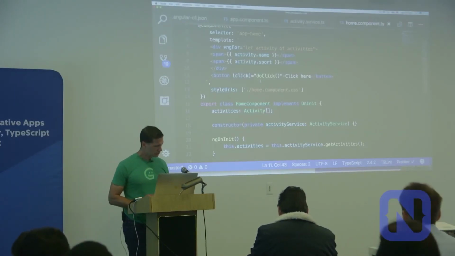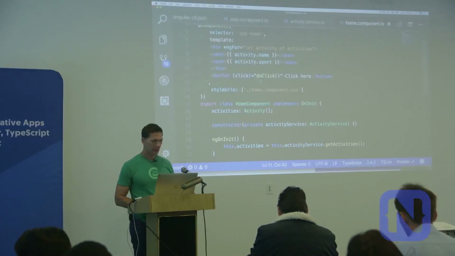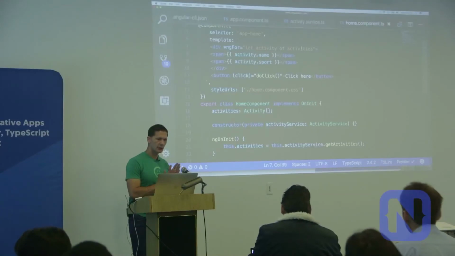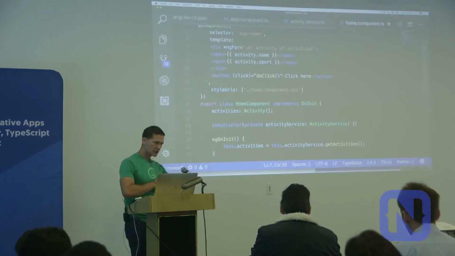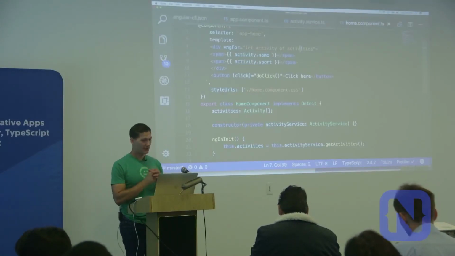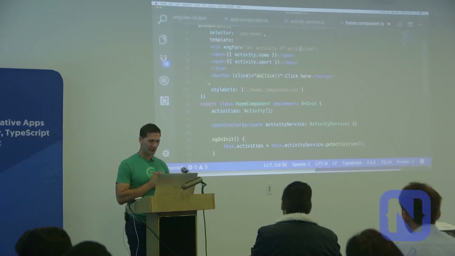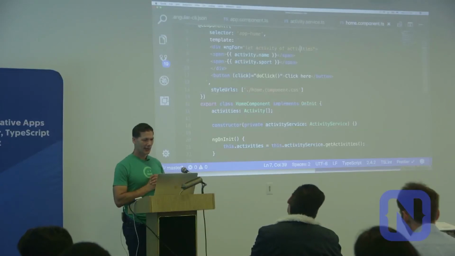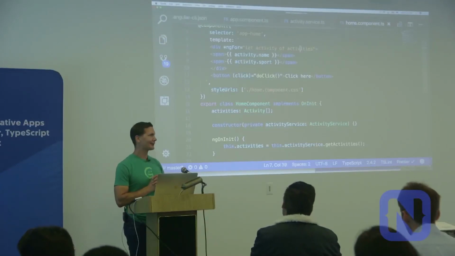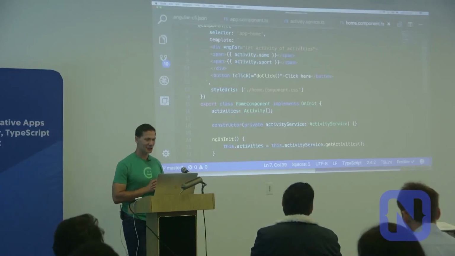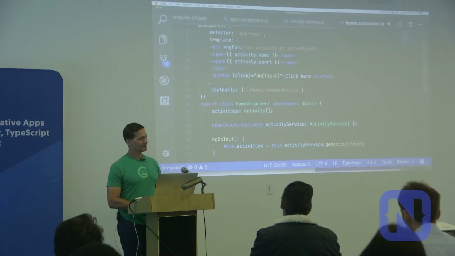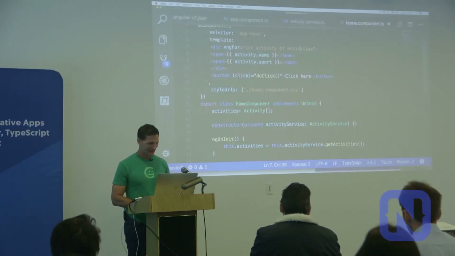I wanted to, yeah, I have time for this. I wanted to showcase a little bit, and almost certainly up to this point, I amazingly have not broken the app by messing around with it. I'm usually terrible at live coding. And I'm going to take a risk here and make this a server rendered app. And I guarantee that this is going to not work. But let's try it anyway.